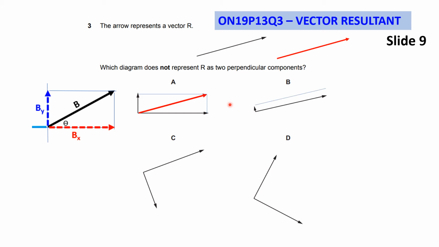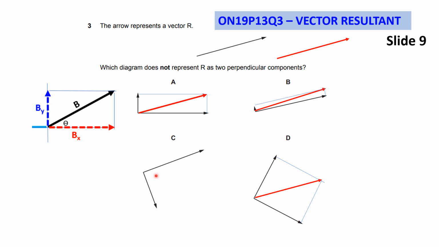Let me keep going. Now for B, I have this line here and this line here, and now I'm going to draw the resultant, which is also very similar. I'm going to question D, so I'm going to draw this and this. It's like you are closing a box. And now I'm going to draw the resultant vector, which is this,